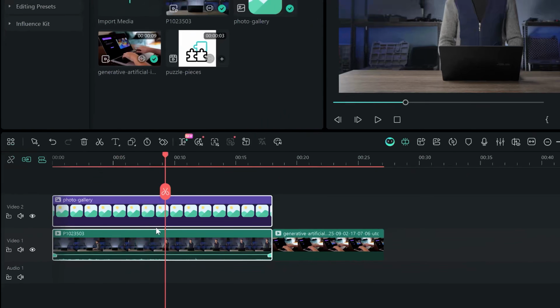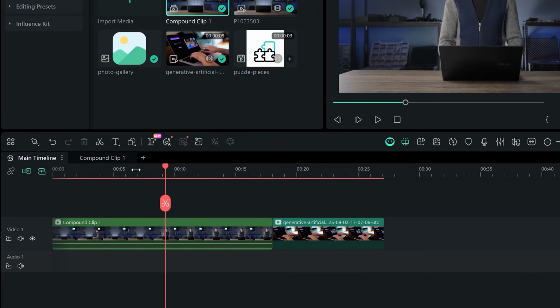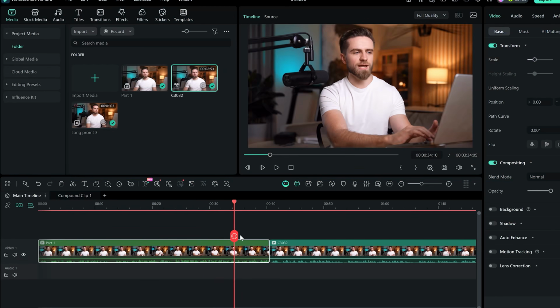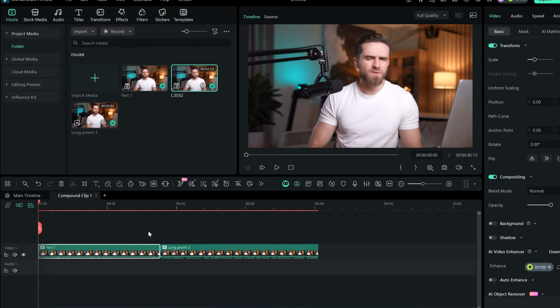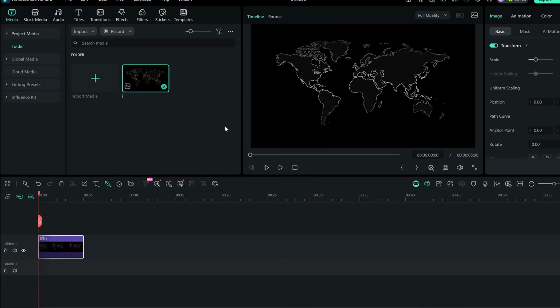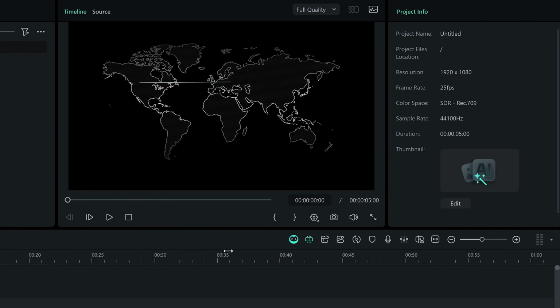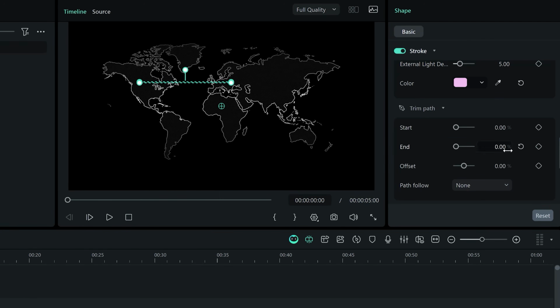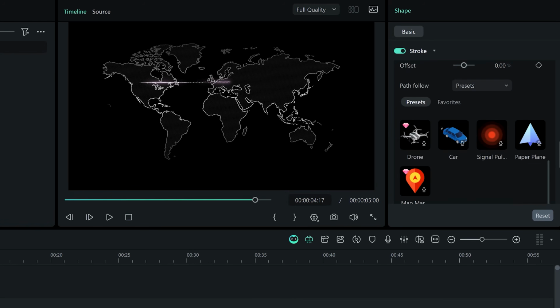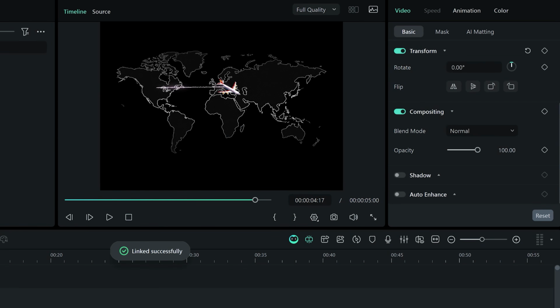Dual timeline editing lets you manage multiple clips in tabs, so you're not drowning in a single messy timeline. That one's useful because it finally feels like managing multiple versions of a video doesn't have to be a chaotic pile of layers. And the pen tool, draw a custom path, attach a sticker or logo, and it follows that path smoothly. That's the kind of motion work that normally requires a compositing app.